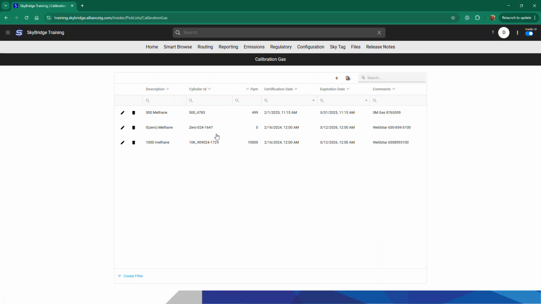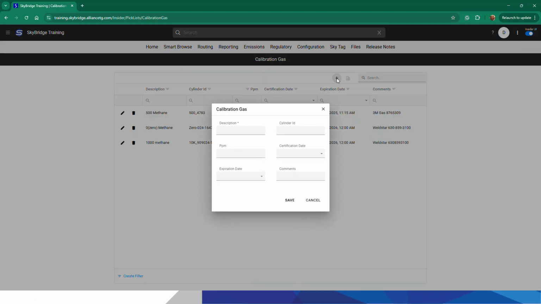One tip that I want to mention to you is that, see where the cylinder ID number is? This is where the pick list on your mobile device, whenever you're picking out the span gas, shows the cylinder ID rather than the span gas. So the rule of thumb is to put the span gas in front of the cylinder ID number. That way you can tell exactly what it is, rather than trying to figure out what this cylinder ID represents. So I'll go ahead and add 10,000